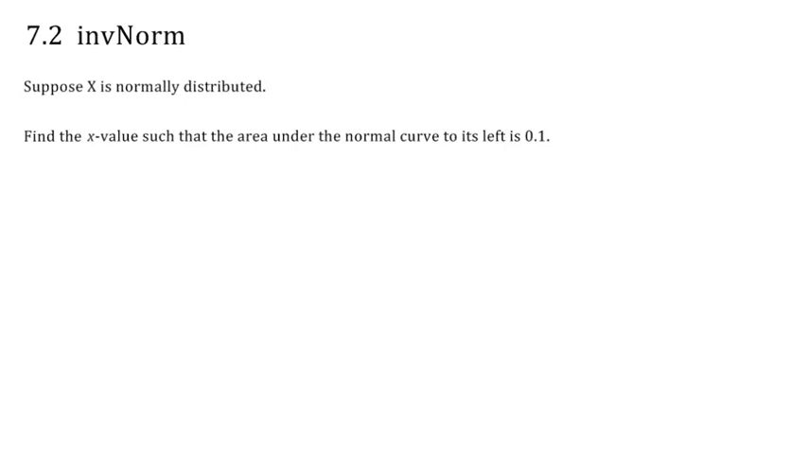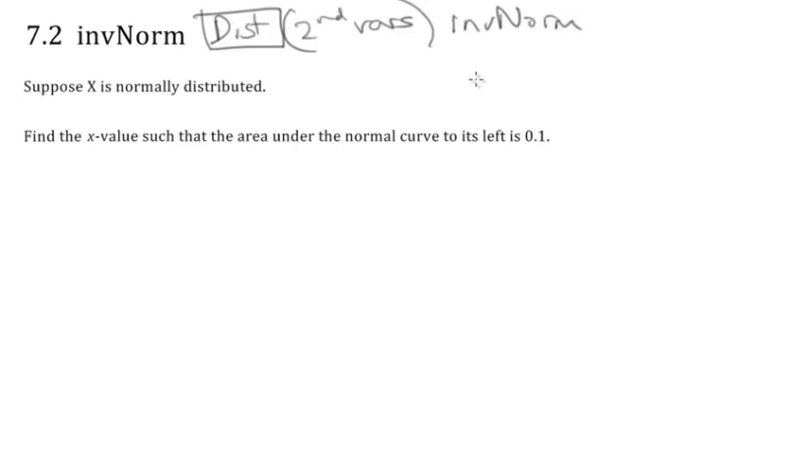This is my second video from section 7.2, and we're going to talk about another calculator operation. We're also going to find this. This is going to be in your dist button, which you will get by pressing second vars. If you press that, you'll be in the distribution menu, and we're going to choose, well, it actually depends on your calculator. This could be choice 2 or choice 3, but in either case,